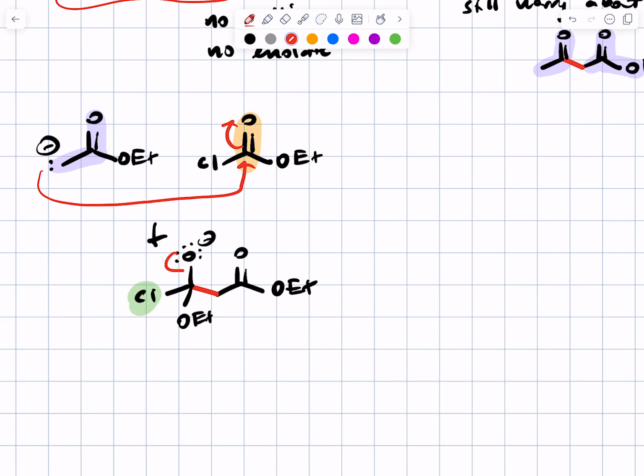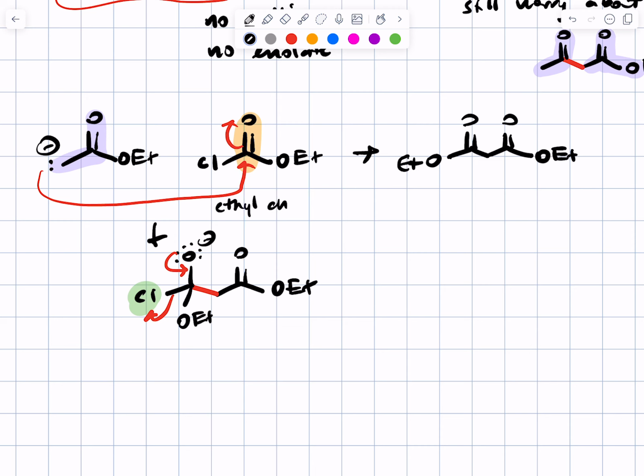So electrons can kick off the chloro, and that allows us to make this beta diester. So you'll see some examples in your text of using this reagent, and it's a strange one